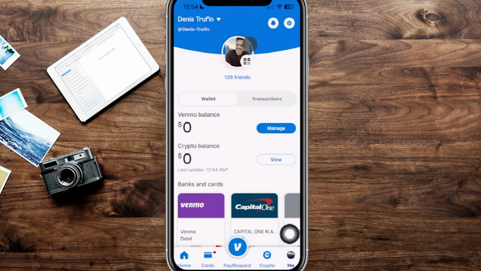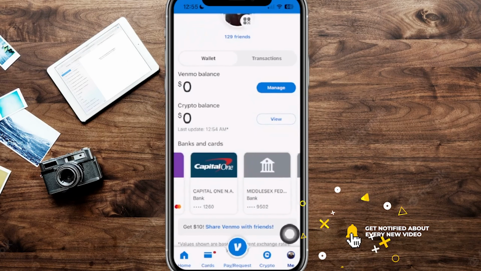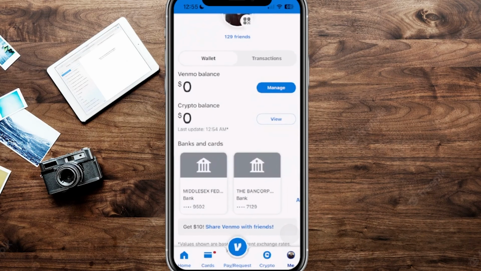And from this page right over here, you're going to see some information for you. And there's going to be a section that says bank and cards. And you can see some of your cards, whether it's the actual Venmo debit card or any banks you have on file. So if we scroll down just a little bit to these cards and then slide through to the bank or card that we do not want anymore, all we have to do is